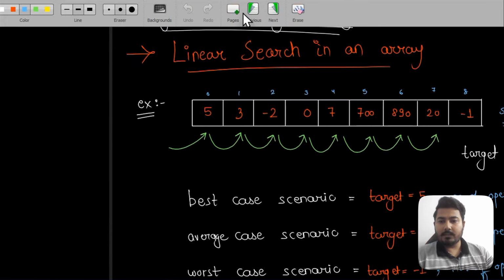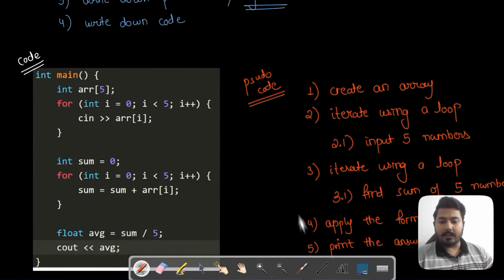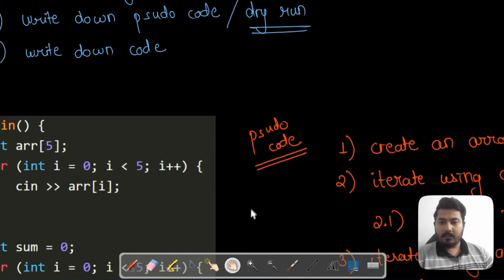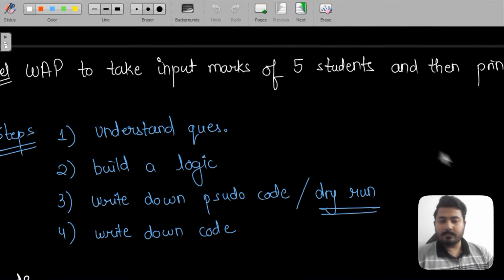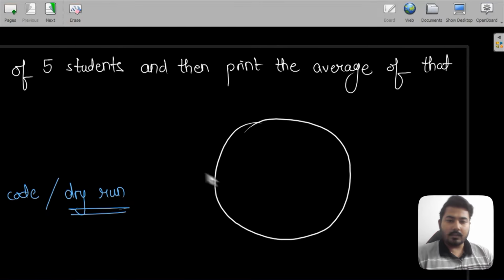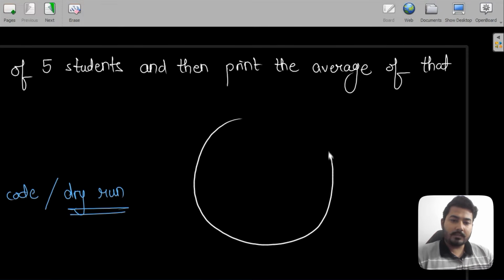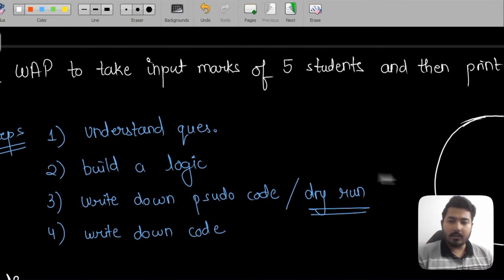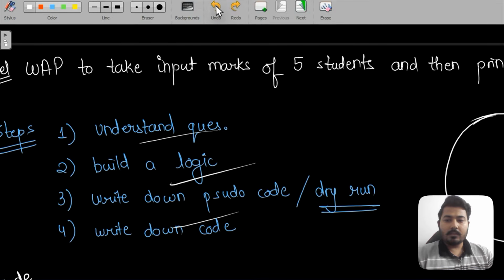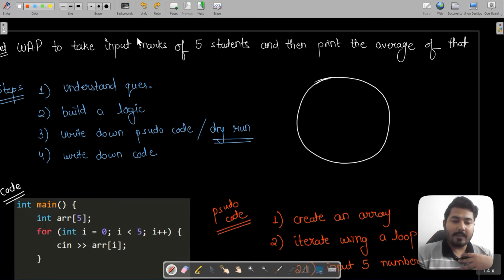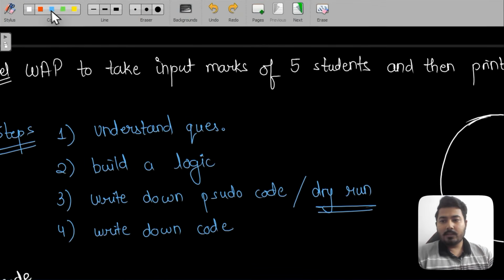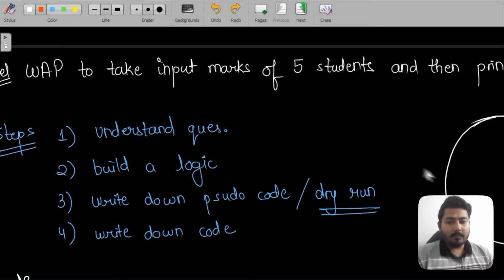If I just go back to our main page right here, here I've told you these 4 steps. See, it's a very general practice. It's a very general thing, how much time you should spend on each particular step. That you will get to know by practicing a lot. But because I have been practicing coding for many years now, I can simply tell you what you should do is,